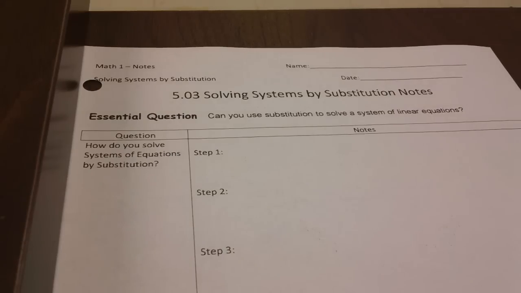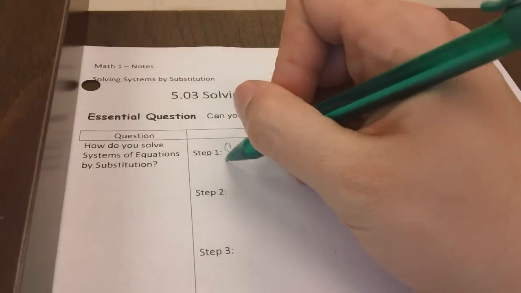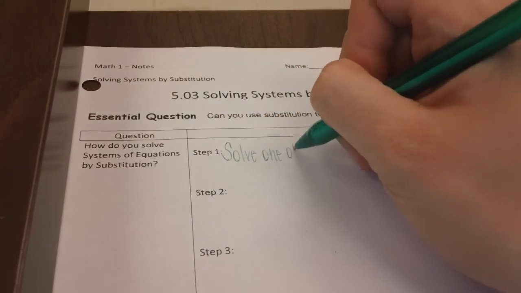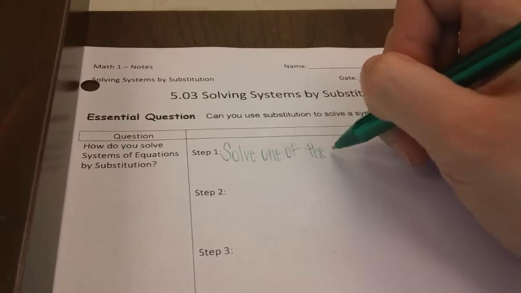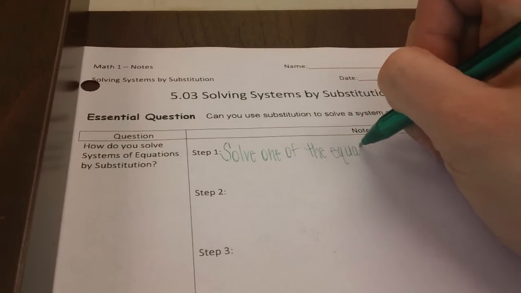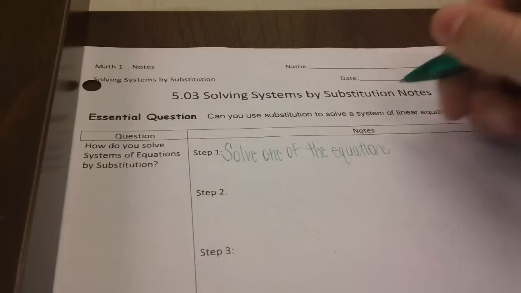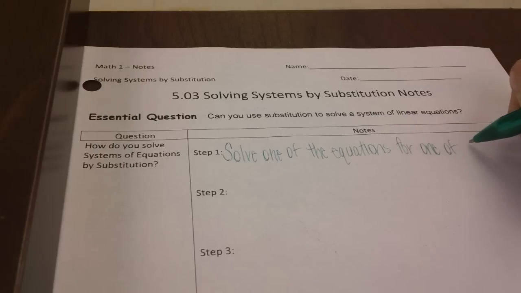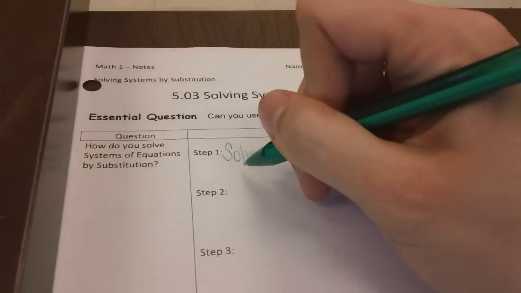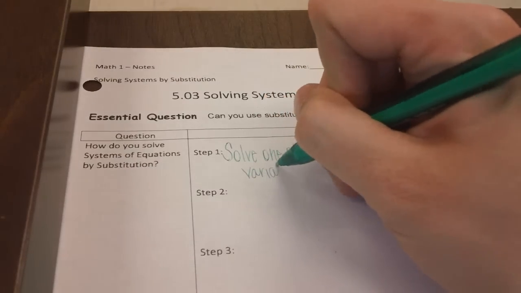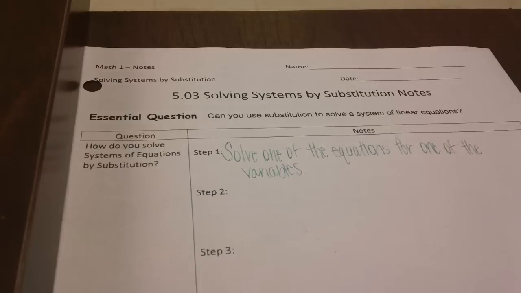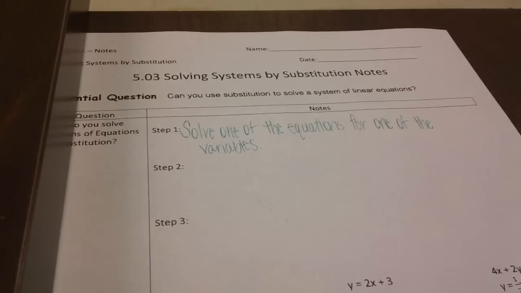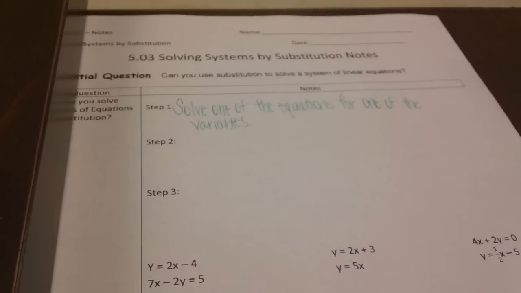Step one is to solve one of the equations for one of the variables. So substitution leaves a lot up to you. You get to make a lot of decisions in substitution, which some of you really like and some of you